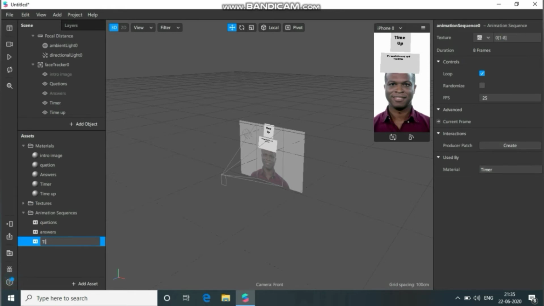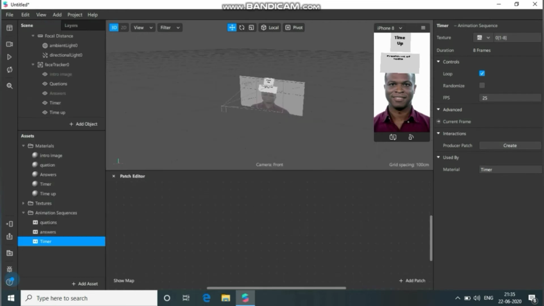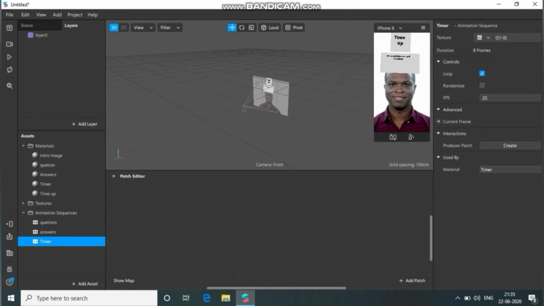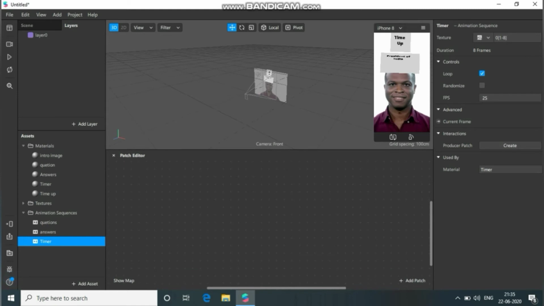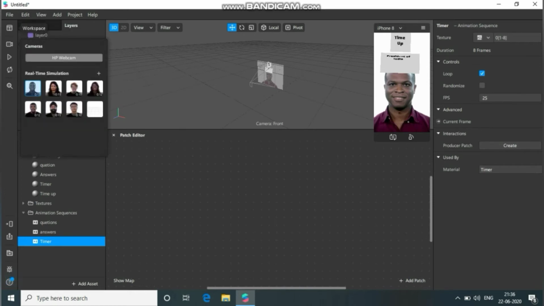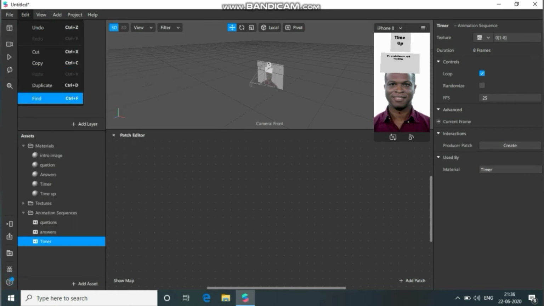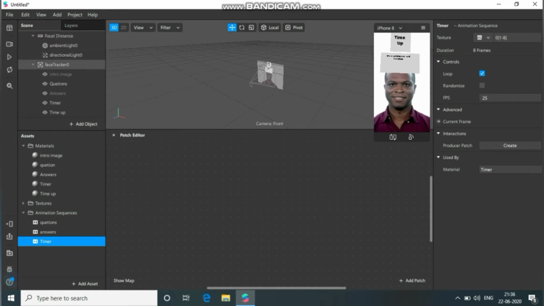Once it gets completed, click on view and show hide patch editor. Here you will get the patch editor to add some logic to the design. Just drag the camera onto the patch editor.